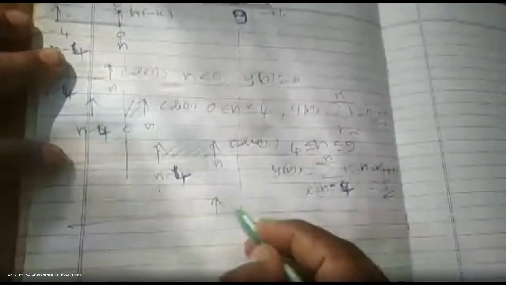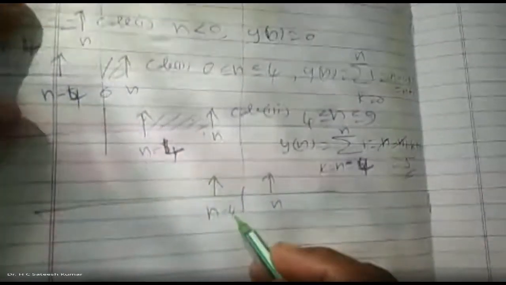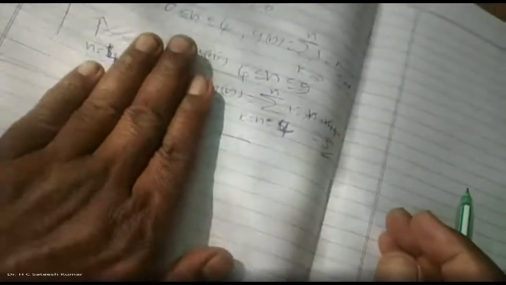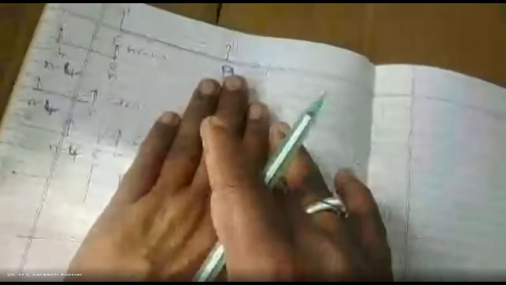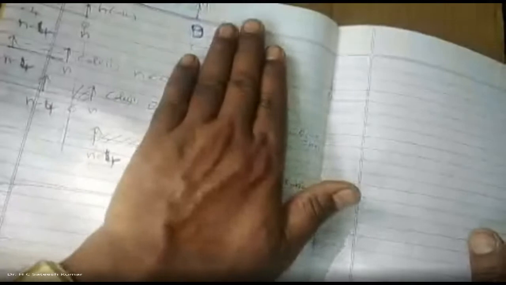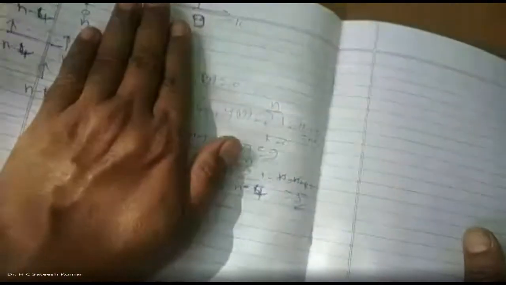Now it is moving away. Now you take the right edge. That becomes very easy. This is n, this is n minus 4. How many elements are there? 5 elements are there. Now you compare it with this one. When you're moving like this, 5 elements, 1, 2, 3, 4, 5, it keeps on decreasing, but only up to this point. Further it will become 0. So I am taking the decreasing case, moving like this.